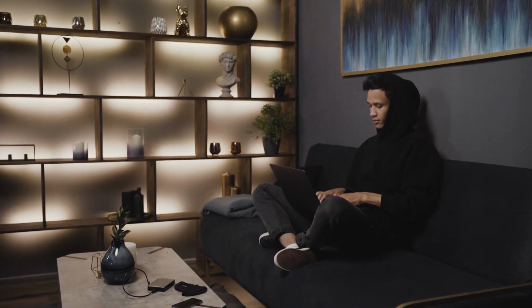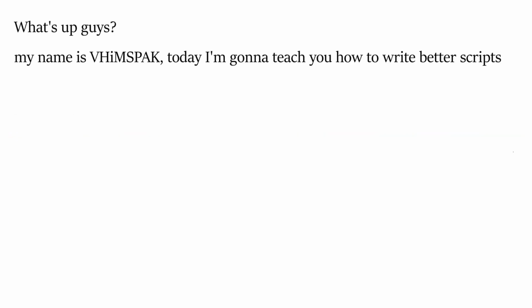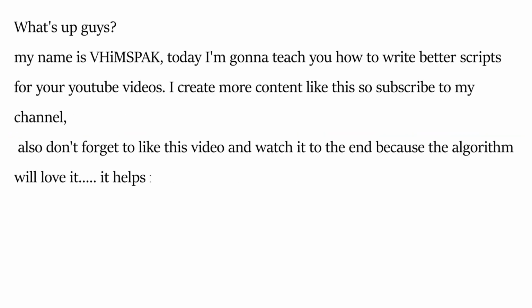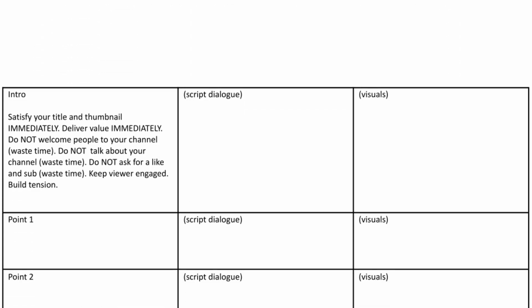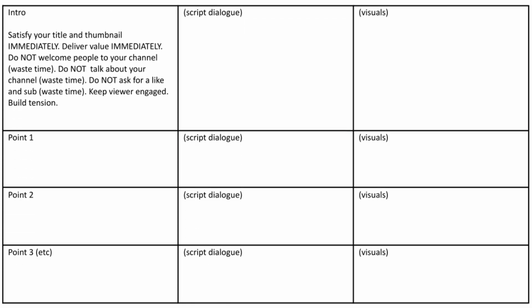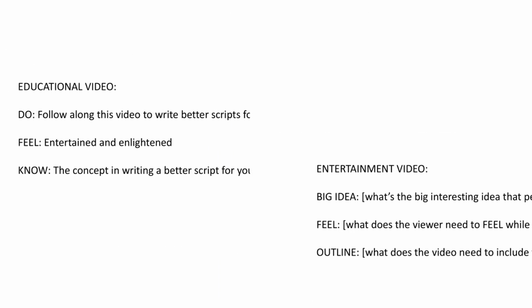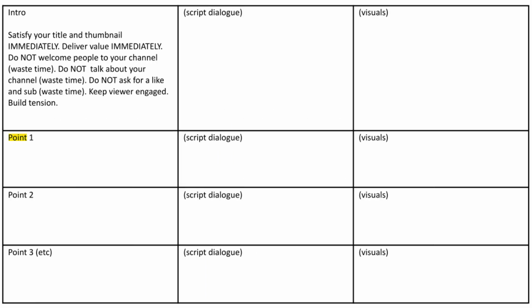So in the course of writing this script, I have to constantly refer to these answers. If any of the lines don't point back to any of the 3 questions, they get deleted. The template for the entertainment type of content is a little different. Instead of these questions, you have these. When you scroll all the way down, you're gonna see the space for the script itself, which is the same in both type of scripts, and it's labeled point 1 to point 3.